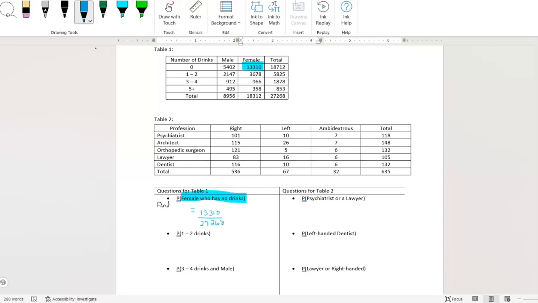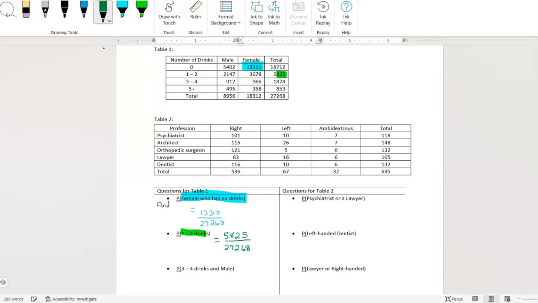Again, this is a theoretical probability, so we leave it in fractional form. We do not need to simplify this in any way because this is telling us the story of what's happening here. Here is just a strict theoretical probability. This time we want to know the probability of someone just having 1 to 2 drinks. So the probability of 1 to 2 drinks, there's a total of 5,825. So we know that this probability is going to be 5,825 out of a total of